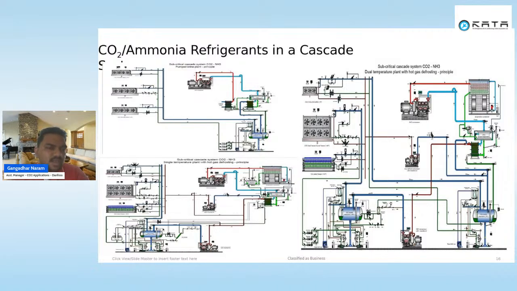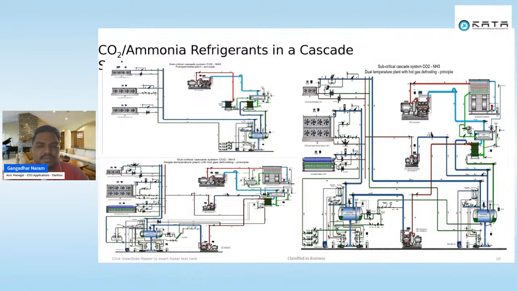So in that case, we can consider CO2 as the best option on the lower side of the CO2 cascade system. At your plant you may have 10 or 15 evaporators, and all these evaporators will be run with CO2 on the plant side, so whatever the charge there is in the ammonia, we can reduce all of it. So only on the higher side can you operate the ammonia.